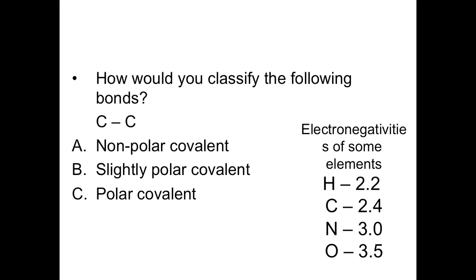atom. When you have a high difference that's not quite that high, such as in the OH bond, you have a highly polar covalent bond. Okay? When you have something like carbon and nitrogen together, you have a slightly polar covalent bond. When you have something like a carbon and hydrogen together, you have a nonpolar covalent bond, even though there's still some difference there. So I want you to go through these bonds, the carbon-carbon bond, the carbon-hydrogen bond, the OH bond, the NH bond, the CN bond, the CO bond, and look at them and see how there is a